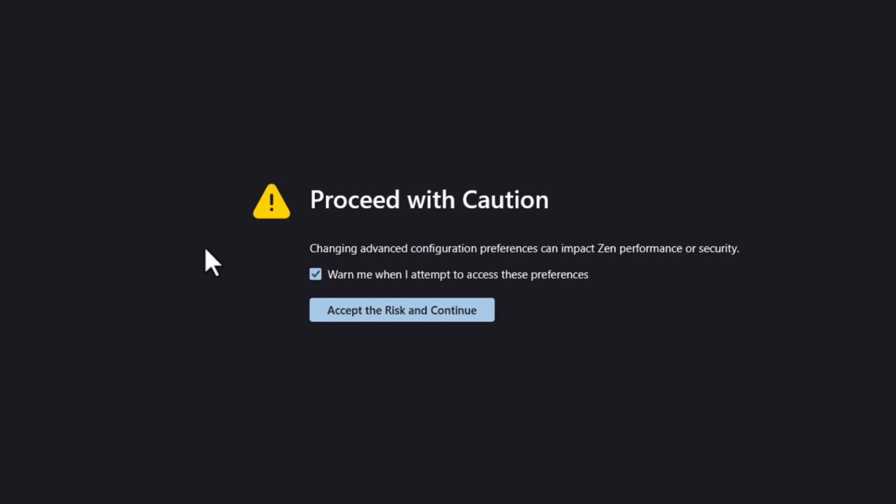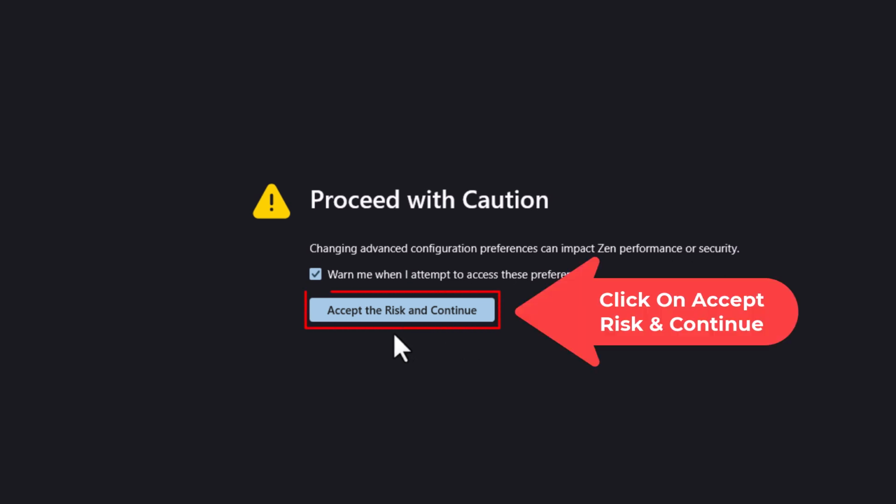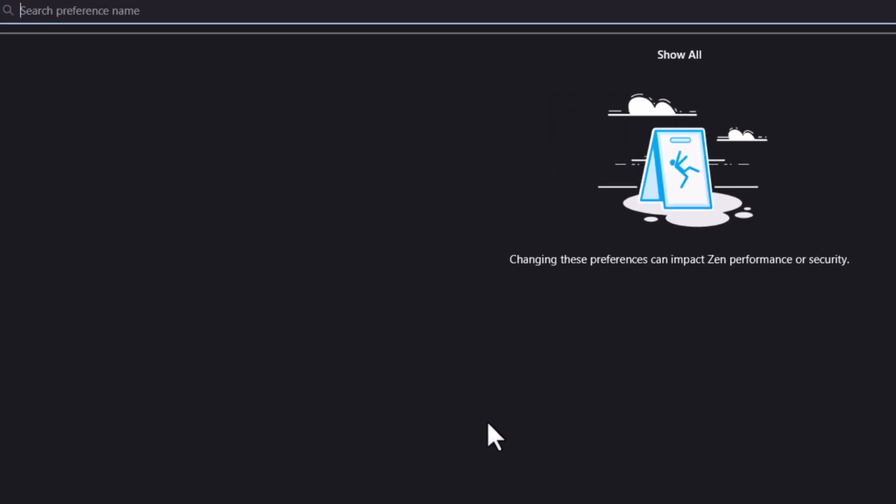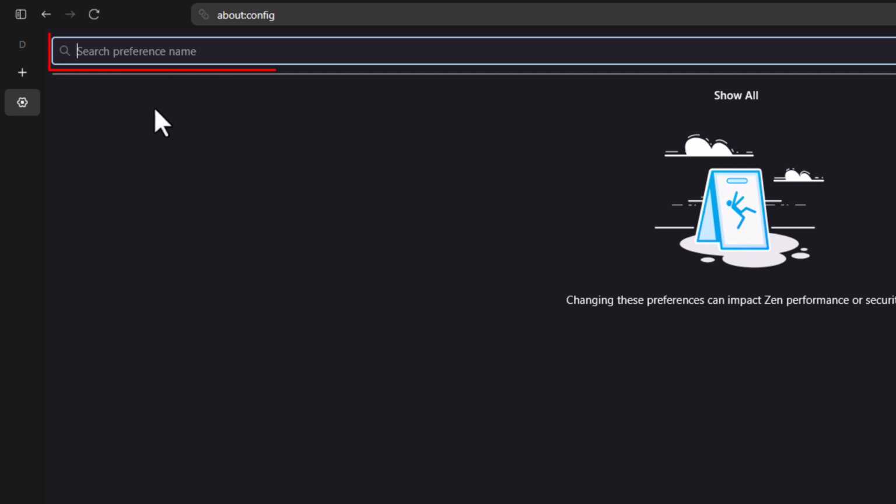It says proceed with caution. Changing advanced configuration preferences can impact Zen performance or security. Click on accept risk and continue. It'll take you to a page that looks like this, and up here at the top in the search bar, you want to put your cursor in there and you want to type